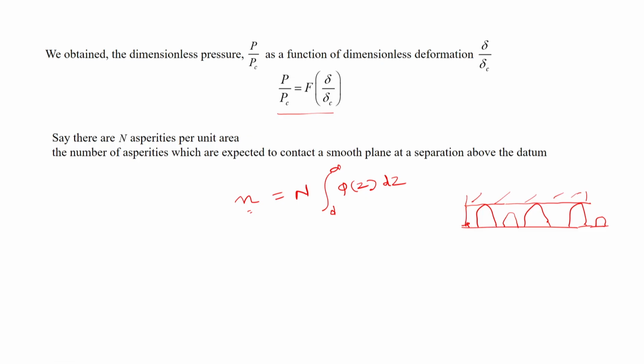So, here the gap is d, and so the asperities of which the height z is greater than or equal to d, only those asperities will be in contact with the surface, right. So, the fraction of those asperities is given by this integral, and where phi(z)